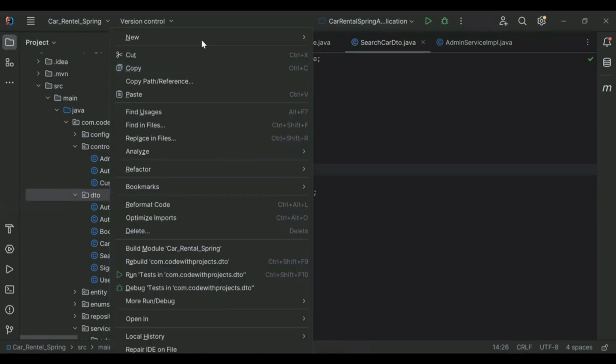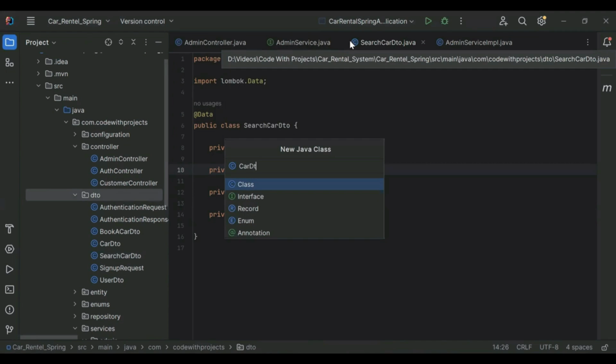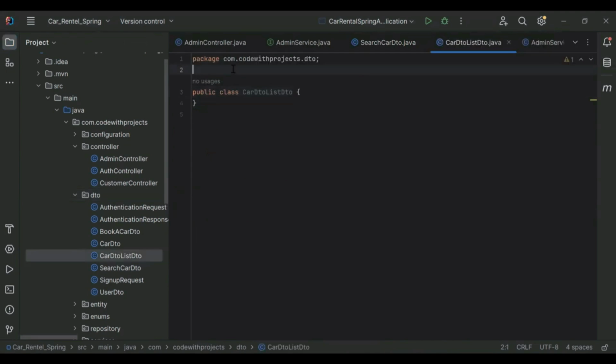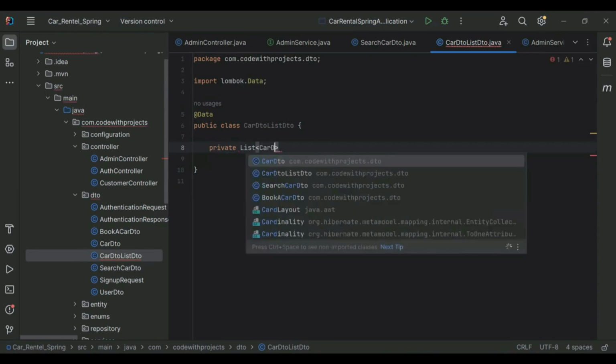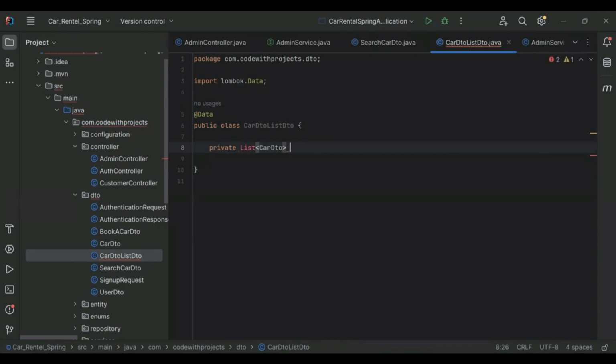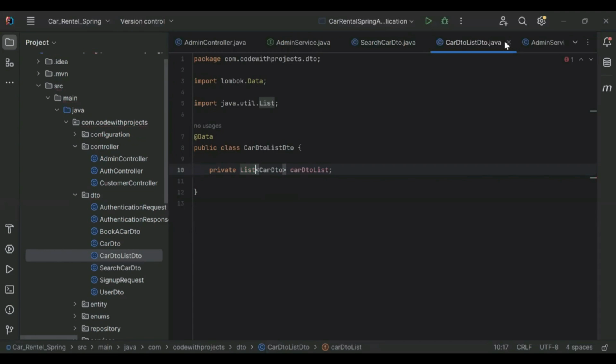After that, I'm going to create a new class, CarDTOListDTO. Let me add the annotation @Data and the property over here, that is a private List of CarDTO. Let me import this List from java.util.